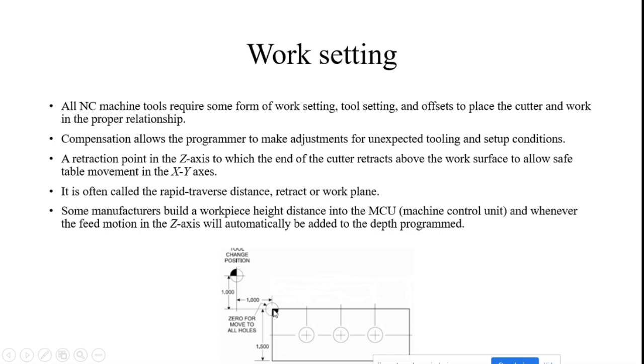So the tool is away from the Z axis and from the X axis. So zero for moving to all the holes from this starting point is known as work setting. The setter should determine this point and also explain it to the machine with the work setting.